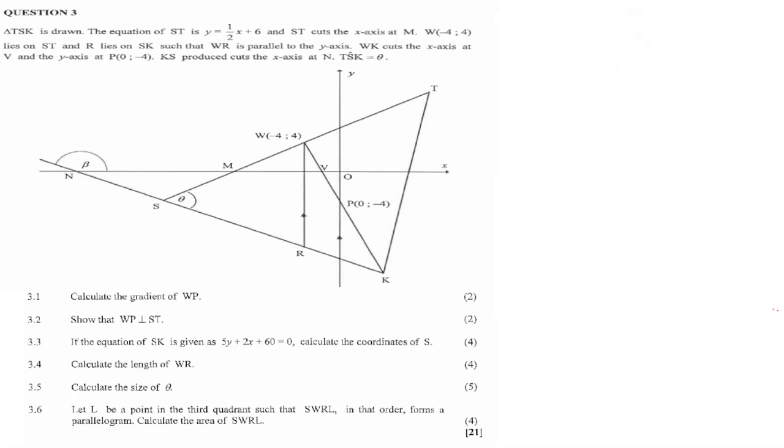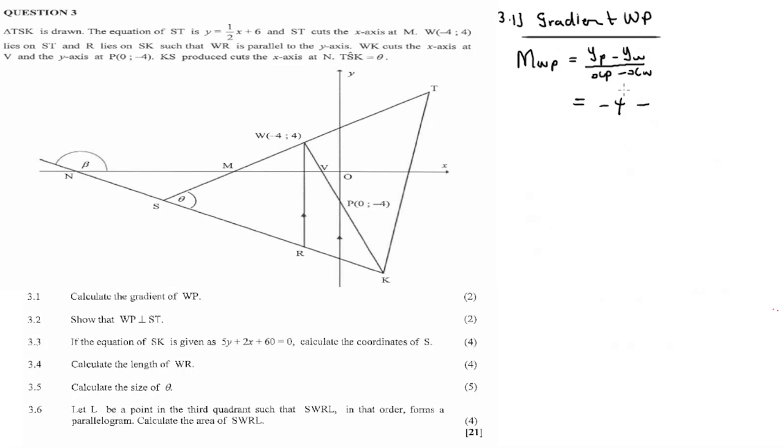We are given two points, so we calculate the gradient for those two points. So YP is minus 4 and YW is 4, divided by XP